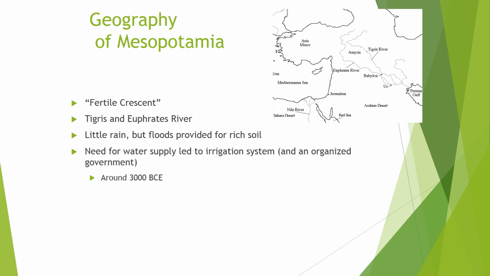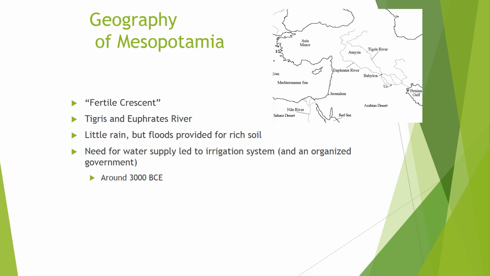So now we're going to move on to Mesopotamia. Mesopotamia, as you can see in that diagram in the top right corner, is located in the modern-day Middle East area, in between Asia Minor or Turkey and the Persian Gulf. You've got the Tigris and Euphrates Rivers, which would be around the Iran, Iraq area. The Fertile Crescent is what this is called, because it kind of curves around like a crescent moon.